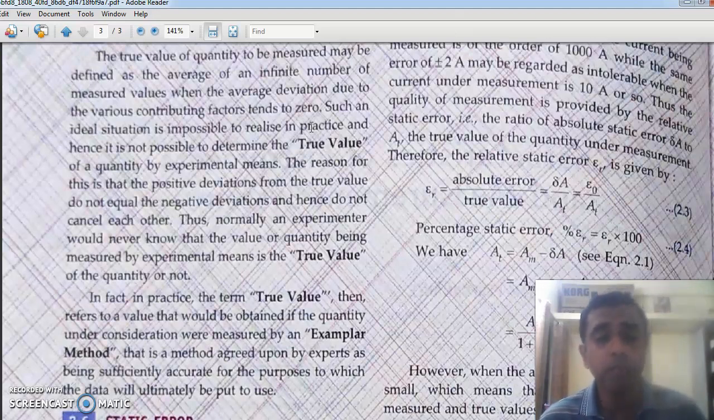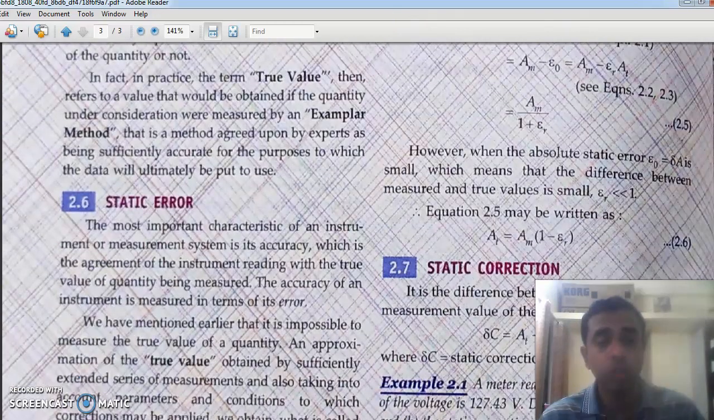But any exemplar method that an expert devises, the result of such an exemplar method experiment can be called a true value. Then what is the actual value? Then the next one is the actual value. Actual value is nothing but